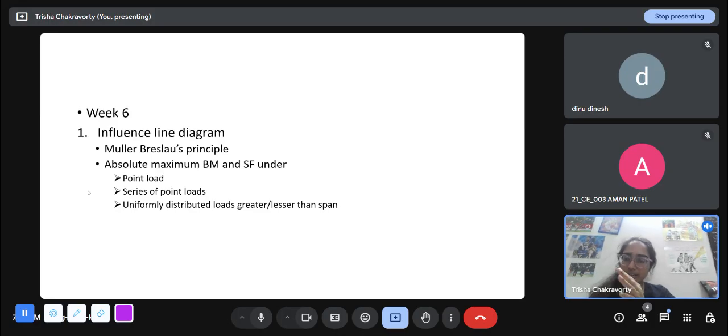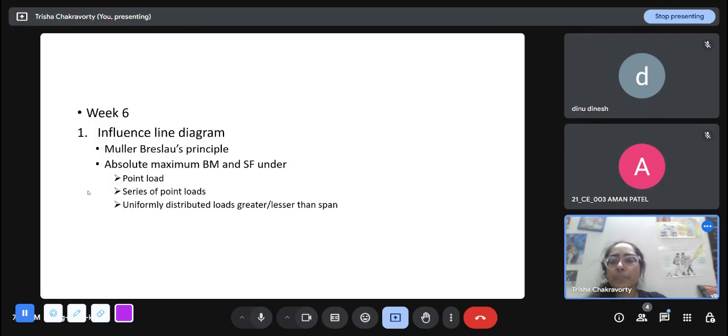Then what I do is carry out a structural analysis to find the internal forces, the internal stresses, and the internal displacements I'm expecting. After that, when we are doing design, I have already solved for the internal forces, so I'm going to take a call on what should be the cross-sectional area, what should be the material, and so on. So structural analysis followed by design is basically the practical part of civil engineering.